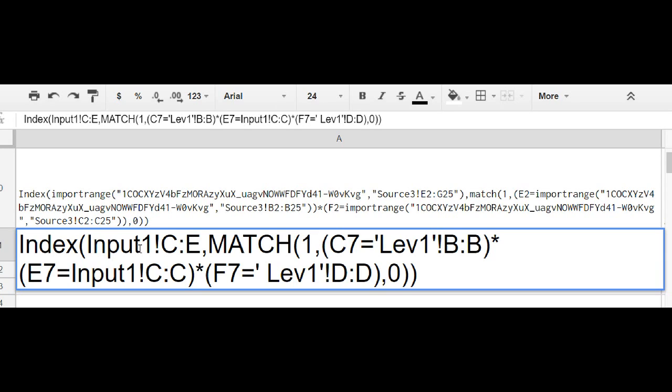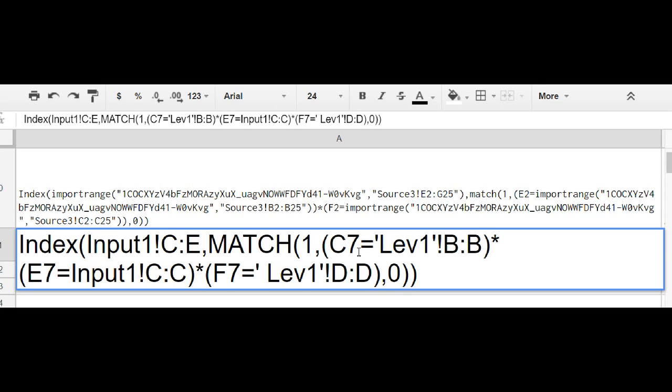And the basic formula which uses all three worksheets basically states INDEX and reproduce the source data, a row in the source data that is in the sheet Input 1, and match it if the multiple criteria, first place